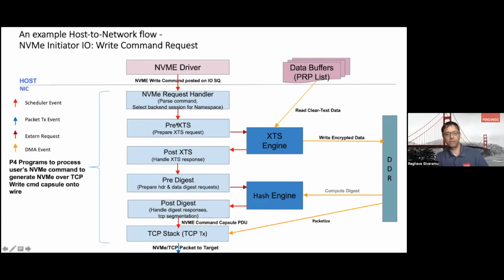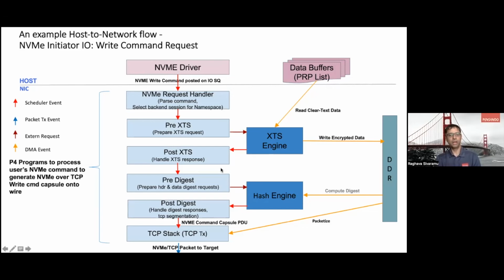So the blocks here are each of the programs which handles a specific functional aspect of the message, and can hand it over to the next level of the program using a scheduler event. And these programs can also use external events in the case of using an XTS engine or a hash engine to schedule the corresponding crypto operation on the data. And then in the end, there'll be a packetizing event, and any memory operation is going to happen based